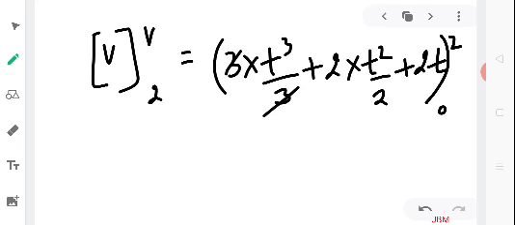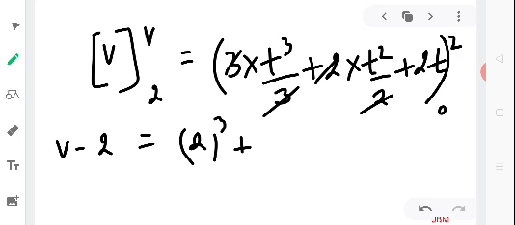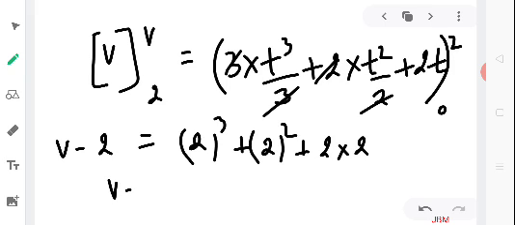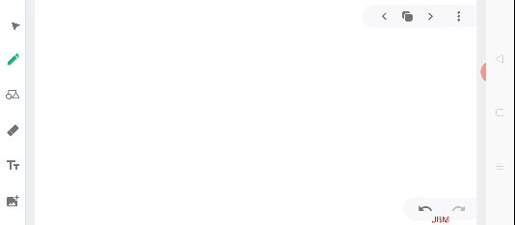So 3 and 3 get cancelled, 2 and 2 get cancelled, so you are left with v minus 2, and on this side you are having 2 cube plus 2 square plus 2 into 2, and obviously when you put 0 in place of t the result will turn out to be 0. So this becomes v minus 2 equal to 8 plus 4 plus 4. So that gives you v minus 2 equal to